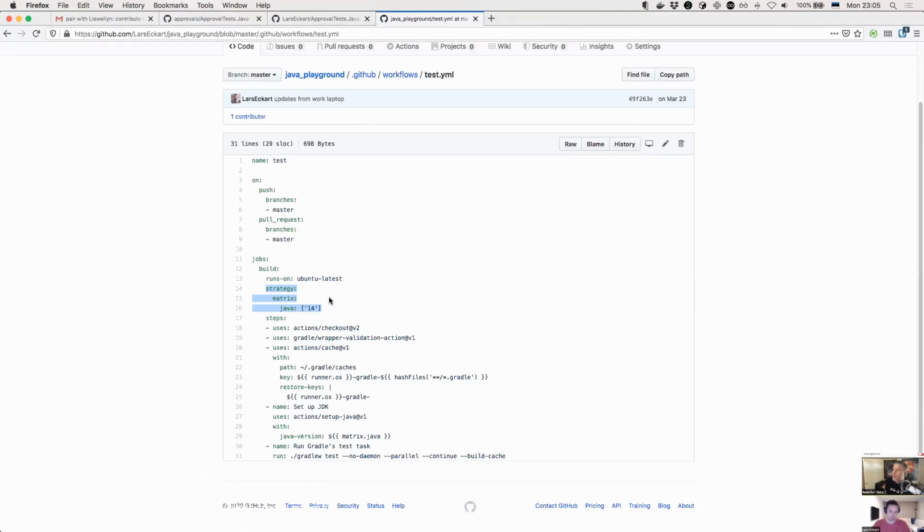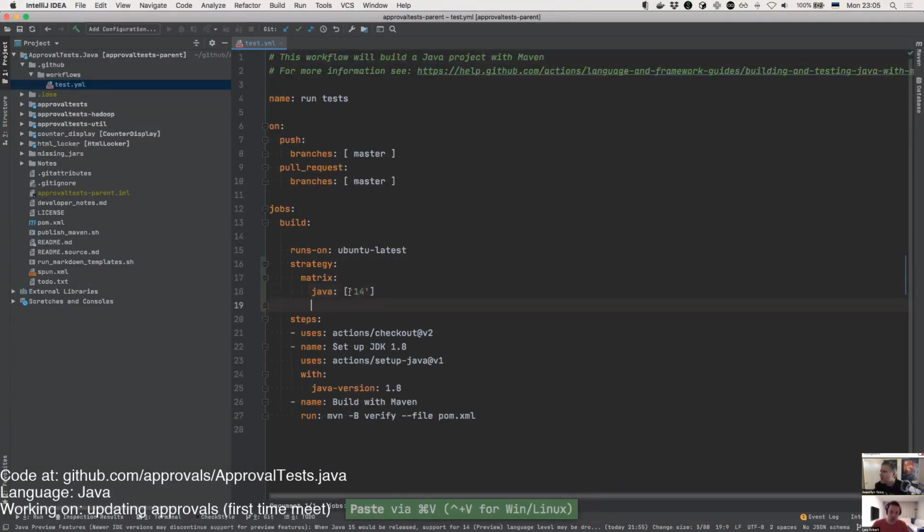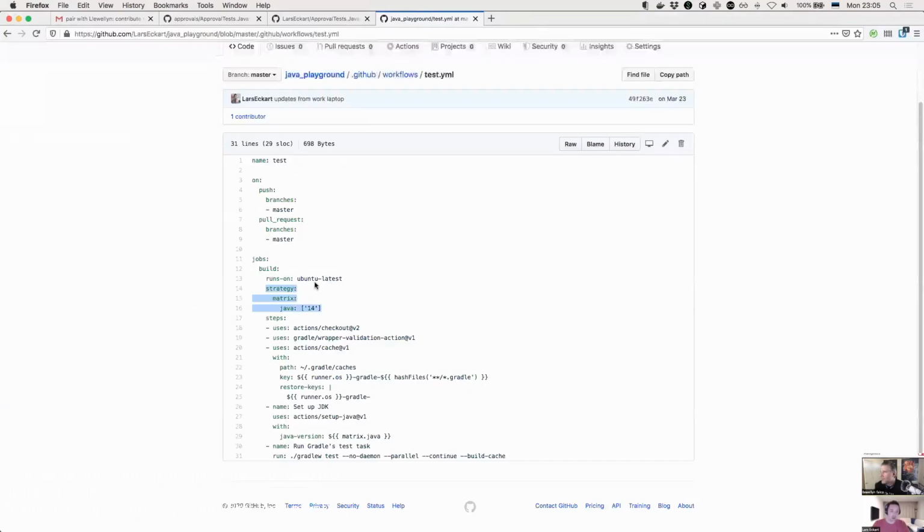All right, a matrix for Java 14. Let's try it. So strategy matrix Java 14 that came right after this. And we run 8, 14. All right, let's try that.